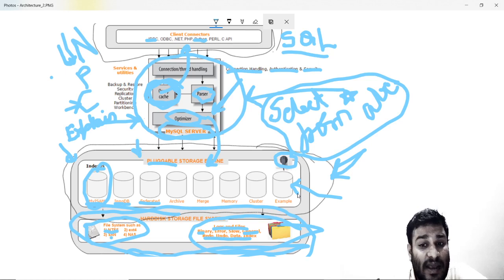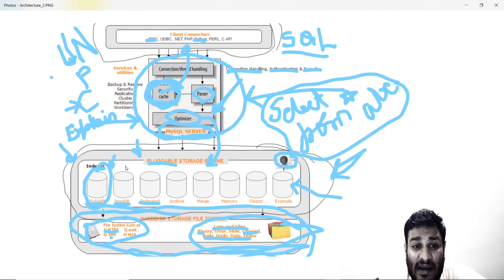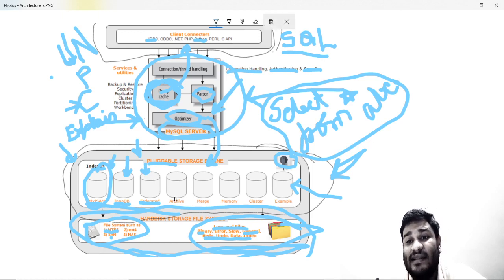There can be a domain which demands only table lock. There can be a domain which demands row lock. There can be a domain which does not have a lot of data updation. It only reads data, so it may not require locks at all. So there are a lot of things which can be done. For this reason, various storage engines have been created, which suggest different ways of using them in different kinds of products, so that you get the maximum performance.